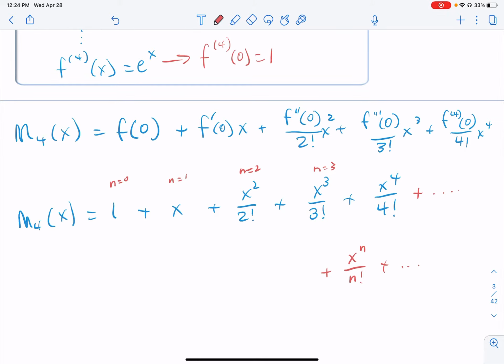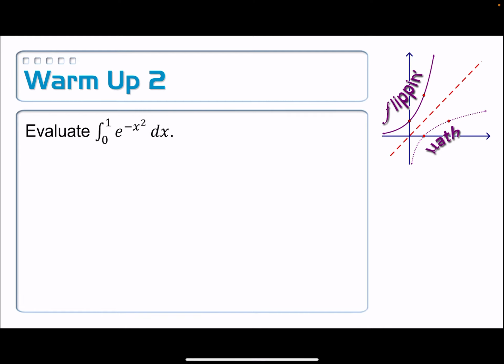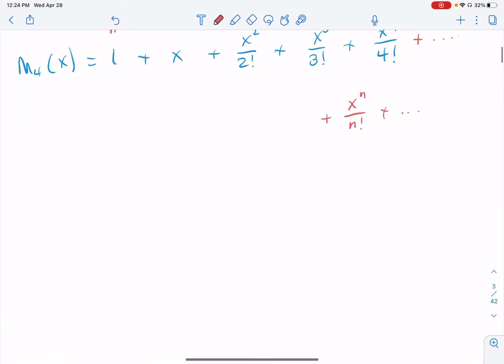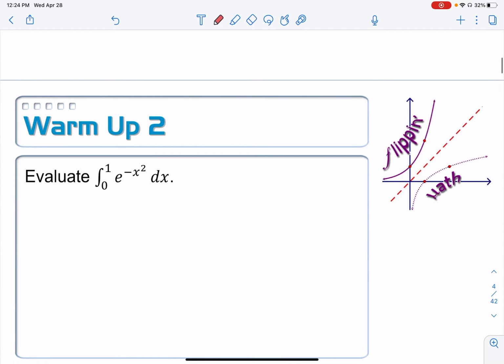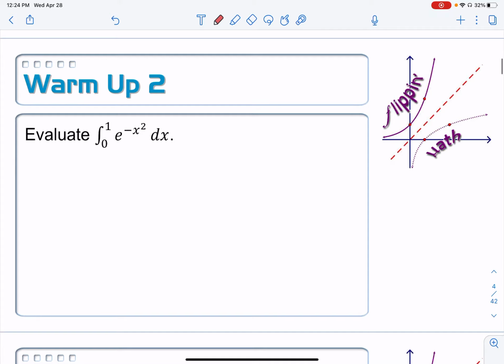Okay, so let's take a look at the next warm-up exercise because we've got time for another one. It says, oh, this is weird. Evaluate the definite integral from 0 to 1 of e to the negative x squared dx. All right, I'm not real sure what this has to do with the Maclaurin polynomial thing, but we'll go with it. Okay, so what we need to do here, I think, let's try some u substitution,